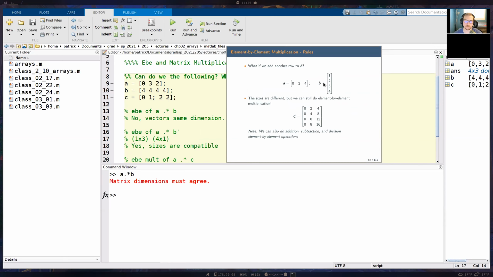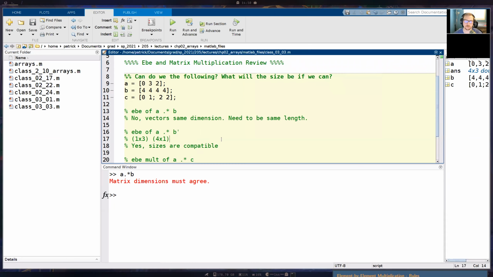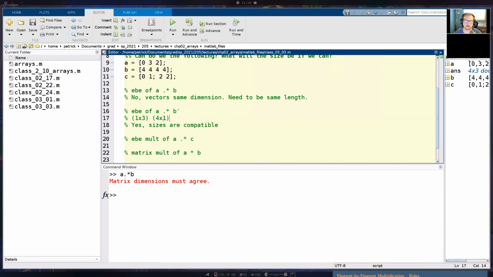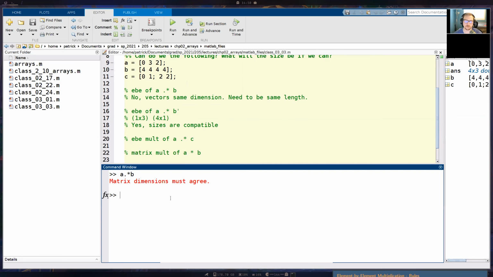Here we have a 4 by 1 column vector. We can do it element by element because we're doing 0 times 1, 2 times 1, and 4 times 1. Then the next row, 0 times 2, 2 times 2, 4 times 2, and we keep going in that pattern. That's exactly what we have in this exercise for A times B transpose.